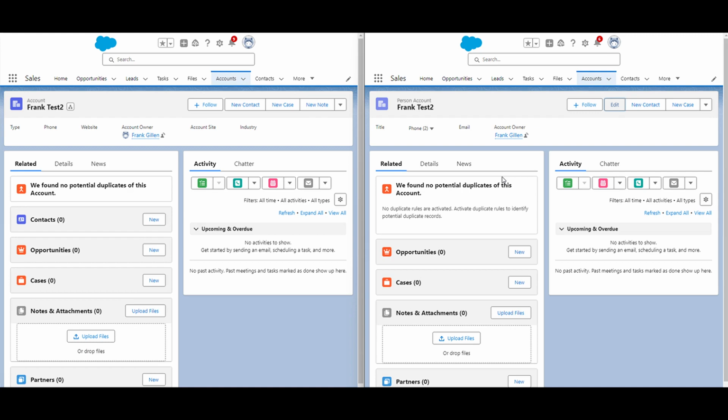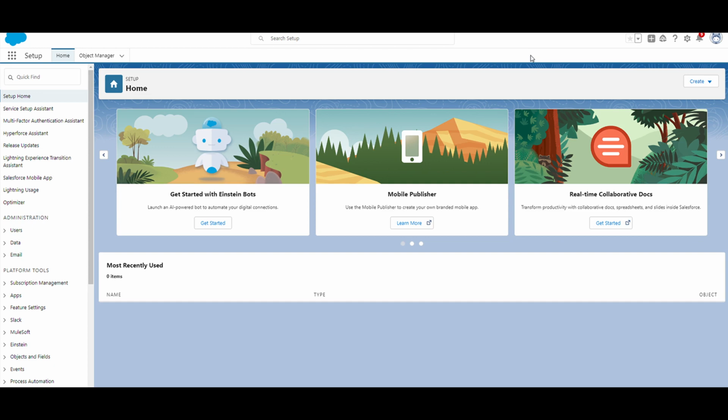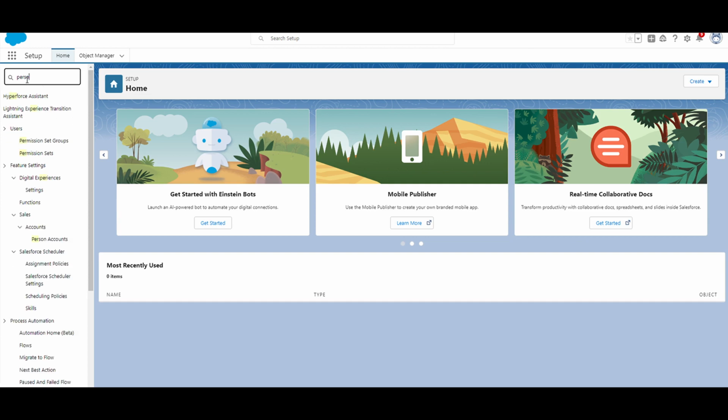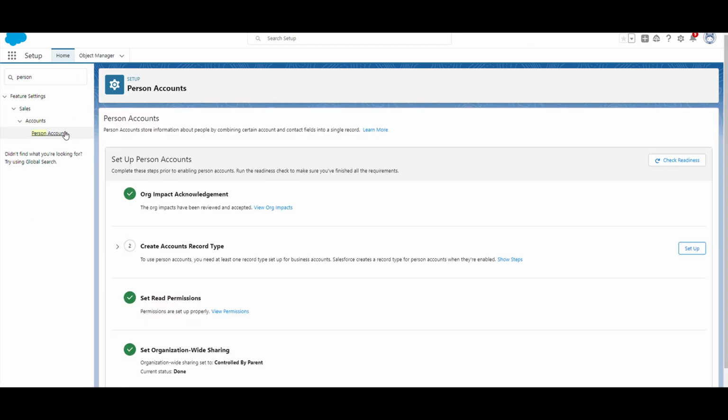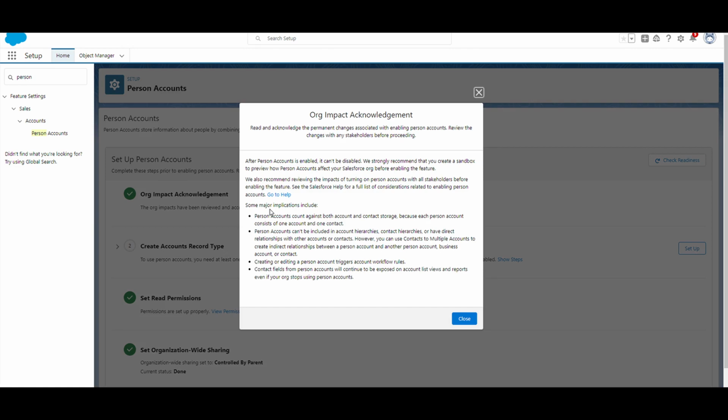accounts in Salesforce. So we'll start from the setup menu. From the setup homepage in the quick find box, we're going to type in person accounts. Click on person accounts. From here, you're going to need to go through this checklist. I've already acknowledged the org impact, but we're just going to click on View Org Impacts. So for this, you would read everything and you would acknowledge it and then save, and it would check off